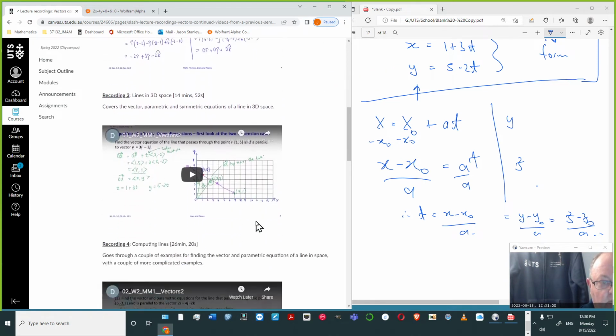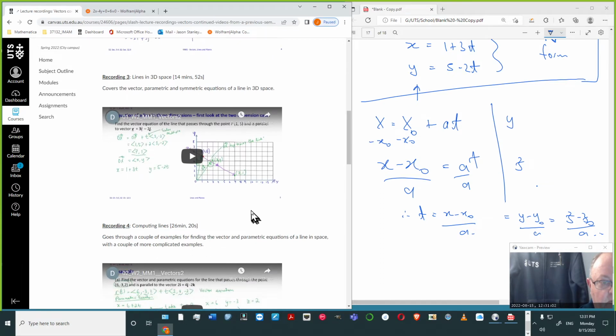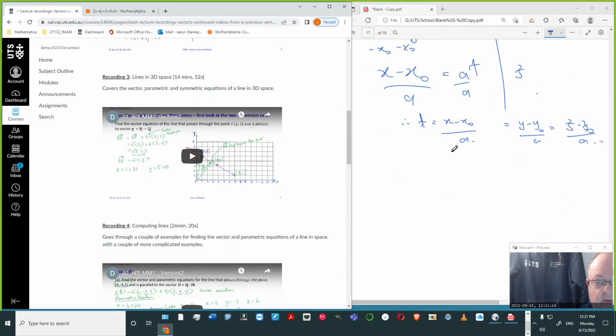So you've got some cross product, you've got some dot product. That's an example there. This is one I think Denita would have done some years ago. Find the vector equation of a line that passes through the point and is parallel to v. So the general form,